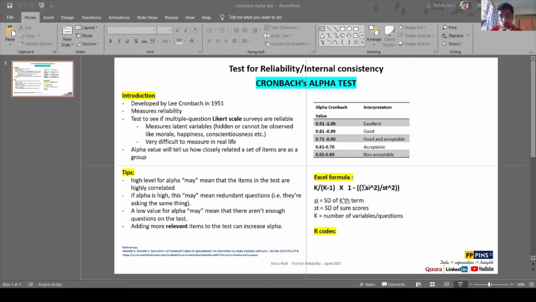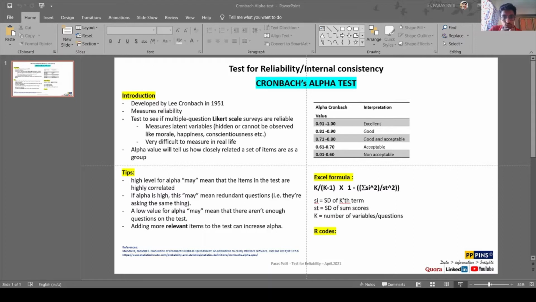So if you have 12 questions, you will have 12 standard deviations, one for each question, from the responses of every participant. And then you have ST, which is the standard deviation of the sum of the scores. All these terminologies you will understand when I teach you how to calculate it on Excel itself.